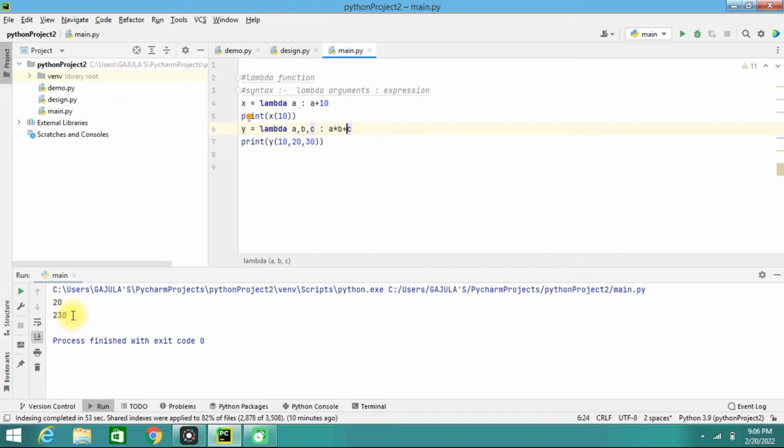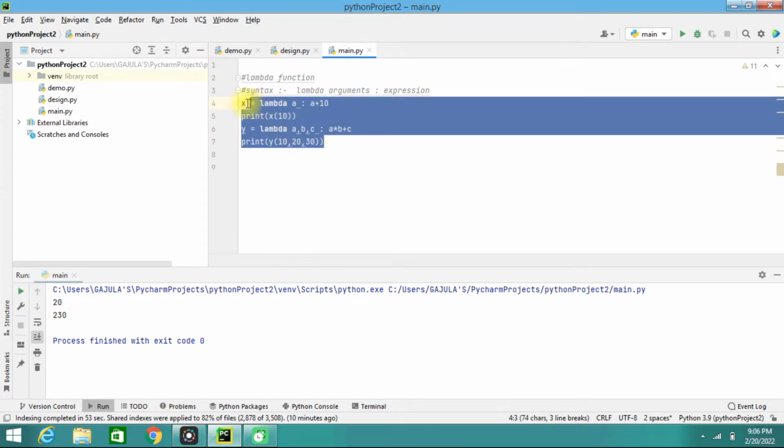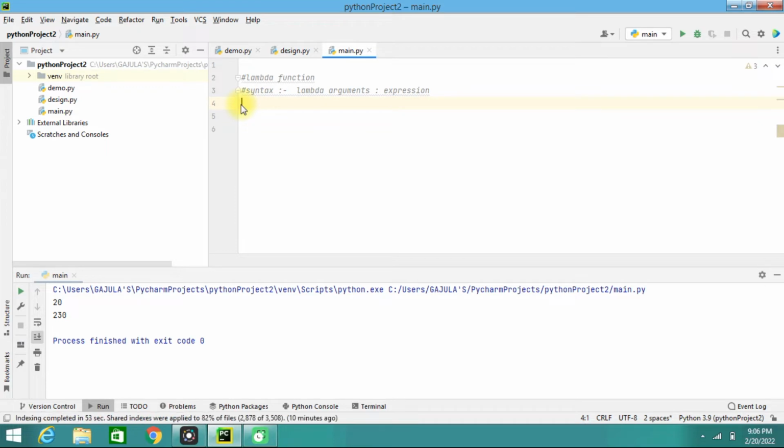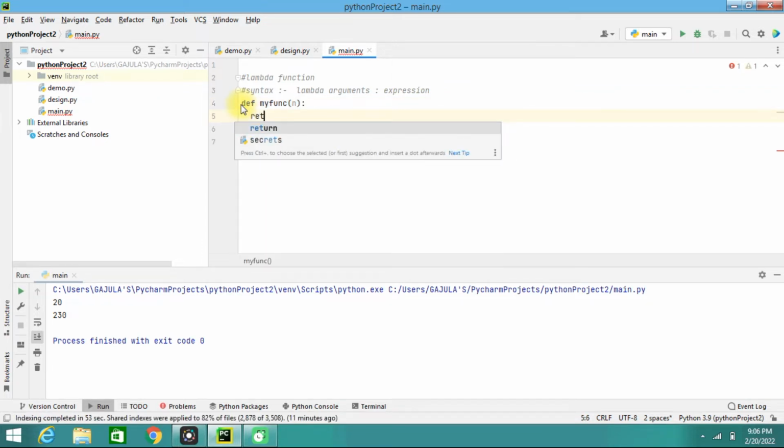Okay, let us say we have a function definition that takes one argument, and that argument will be multiplied with another unknown number. For these things, we are going to use this. So we'll go with that example too, so that we'll have a clear idea about it. So here I'm going to define a function, as we have seen in our previous video, a function of n argument, and then here I'm going to return